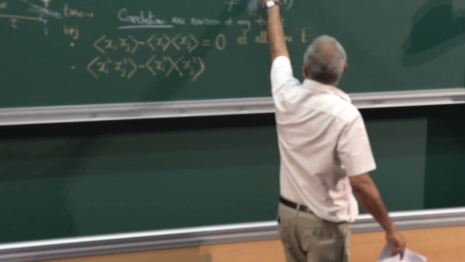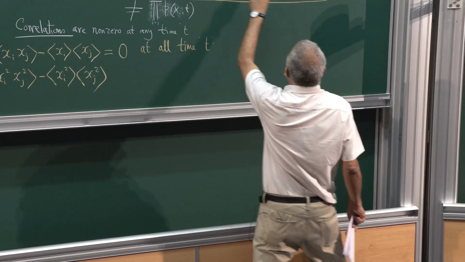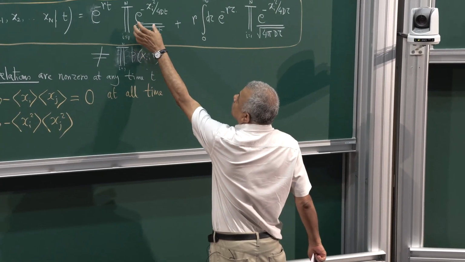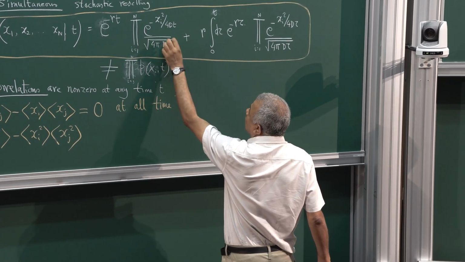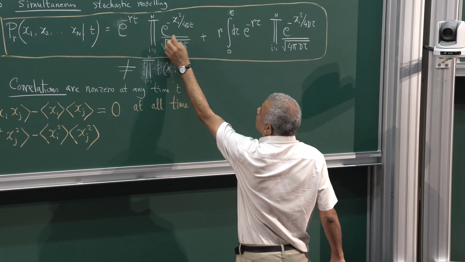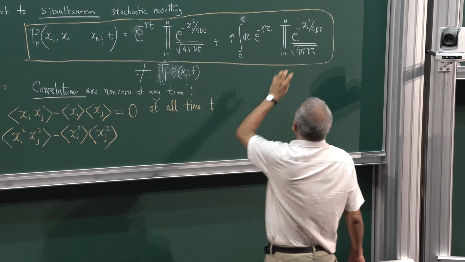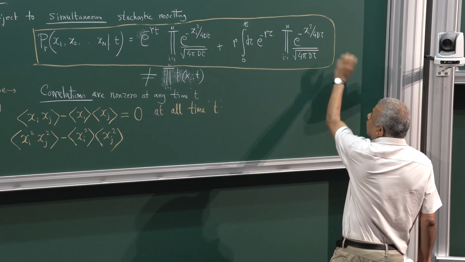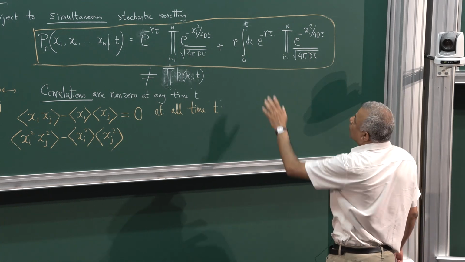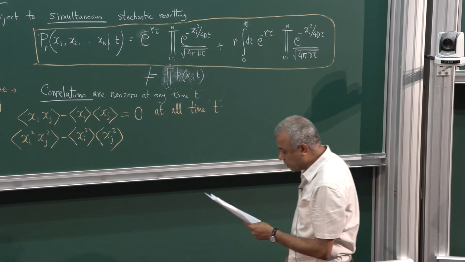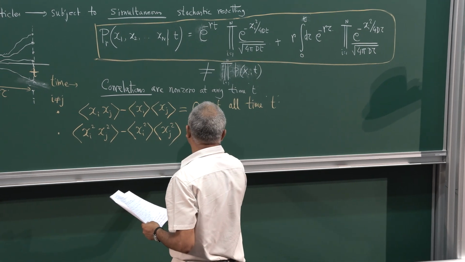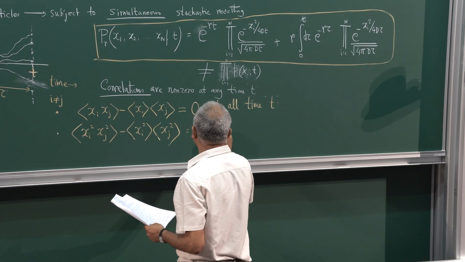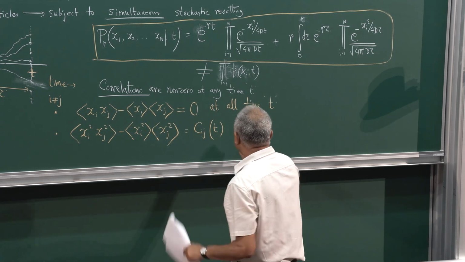Because if you just multiply by xi square, xj square, you see that, because they factorize, you can calculate for the ith particle and for the jth particle. So that will be just 2Dt times 2Dt from this term. And similarly here, 2Dτ from this term. And you subtract off, and you can trivially calculate this. So I won't do the calculation, but let me call it Cij(t), for i not equal to j. So the answer is,